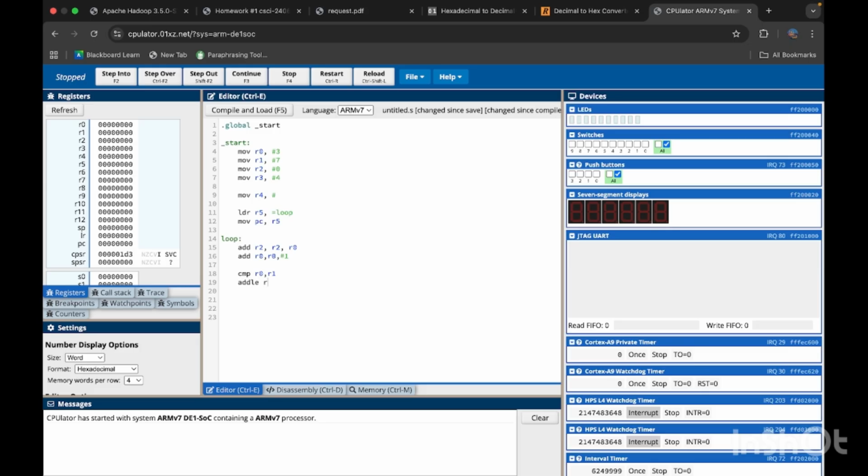function, R5, PC, R4. I am going to explain later. PC, R5, and